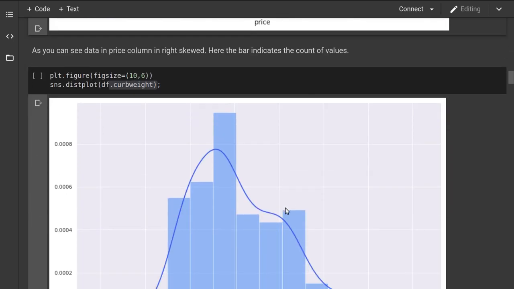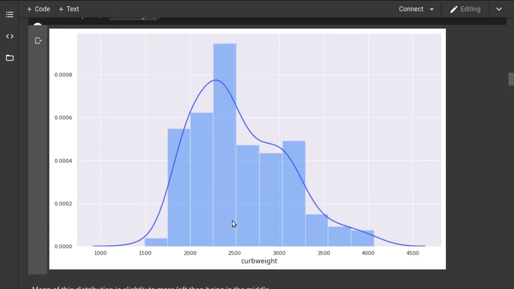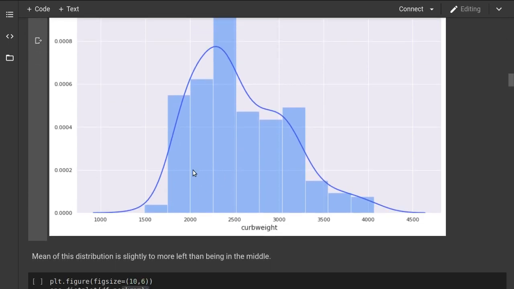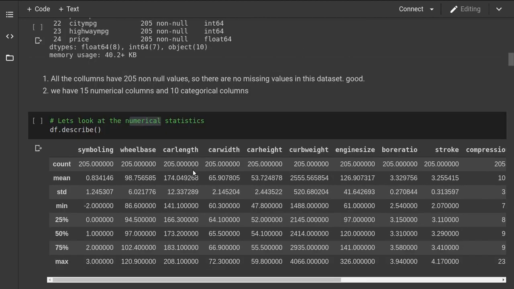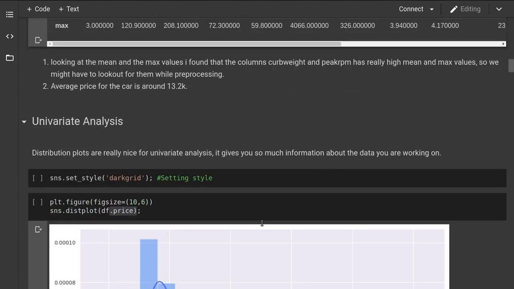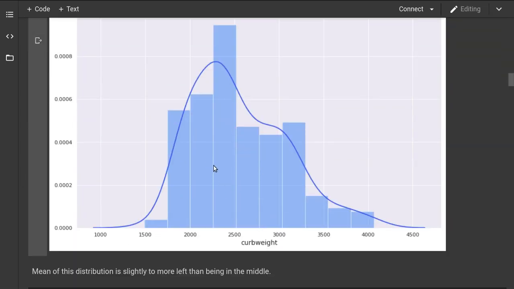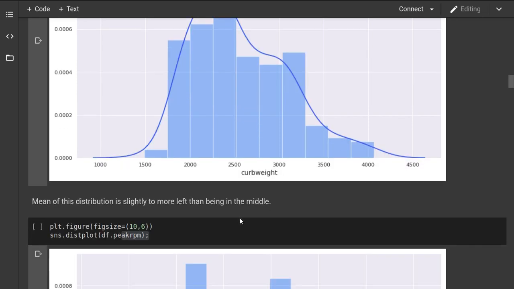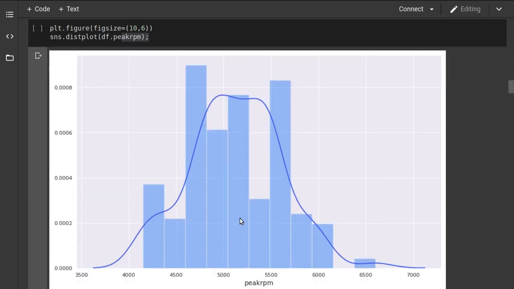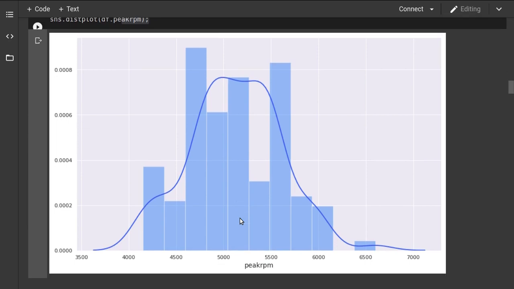Then I also created a distribution plot for curb weight, as we talked that it has really high values of 2500, so I wanted to check that out. It really does contain really high values. This is also true about peak rpm.